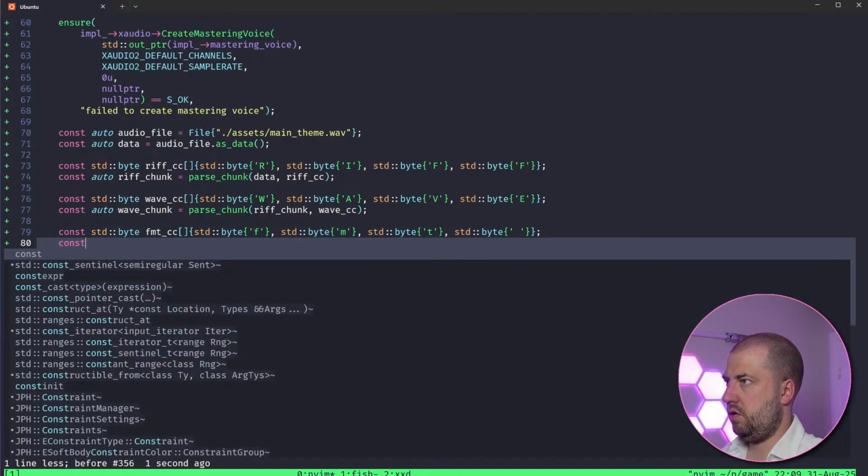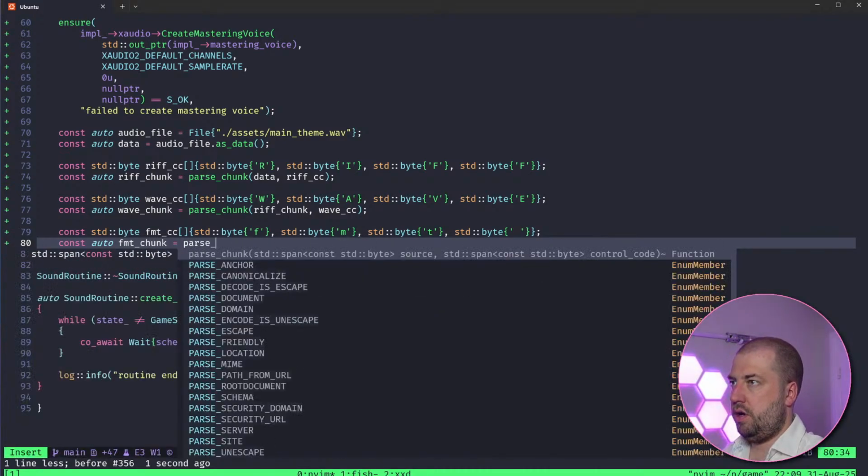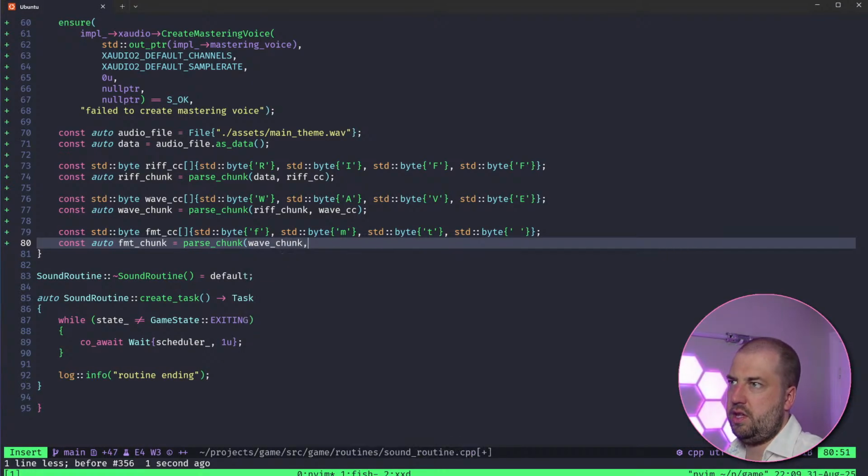And then const auto format chunk equals pass. I guess it doesn't really matter whether we do it from the full one, but I feel like these things are. No, I want to go from the.